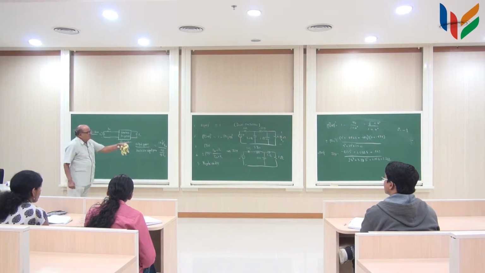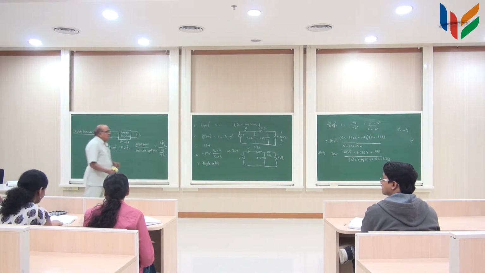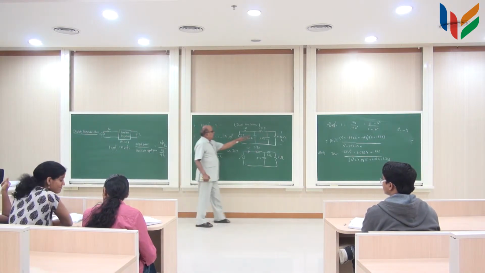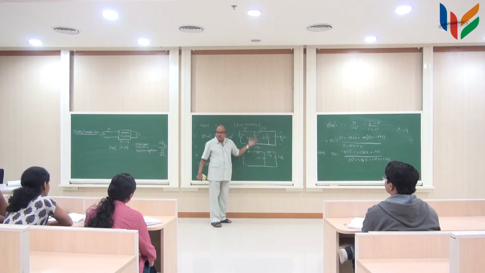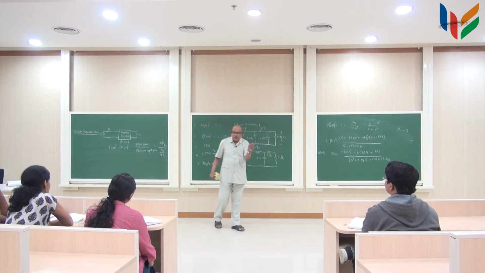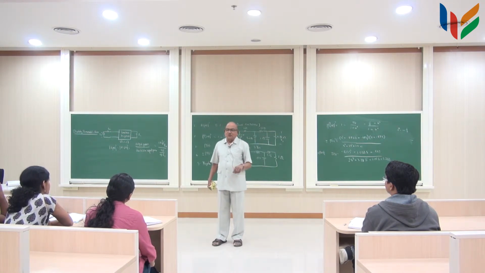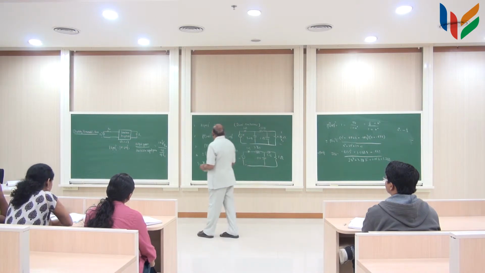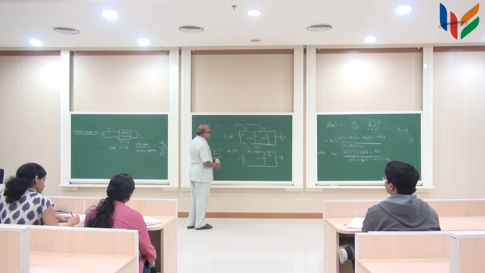There are so many issues I have still not touched upon, in the sense that this inductor is not a good inductor because there is a series resistance with it. So, with this series resistance here, the transfer function will change automatically. So, how do I take care of that as a part of the synthesis itself? I can do some slight transformation in the S itself. S will include the resistor value and then do the analysis with respect to that. So, there are more complications on this which people have worked on, but in practice nobody bothers about it.